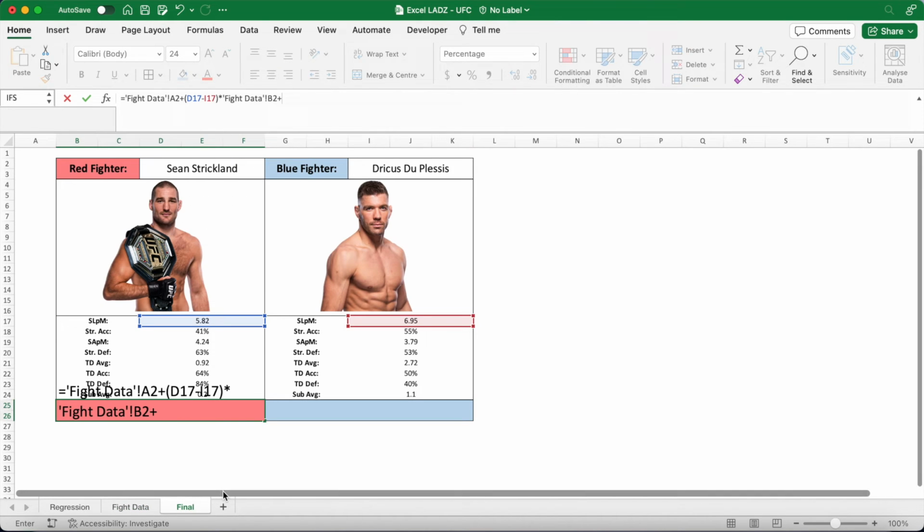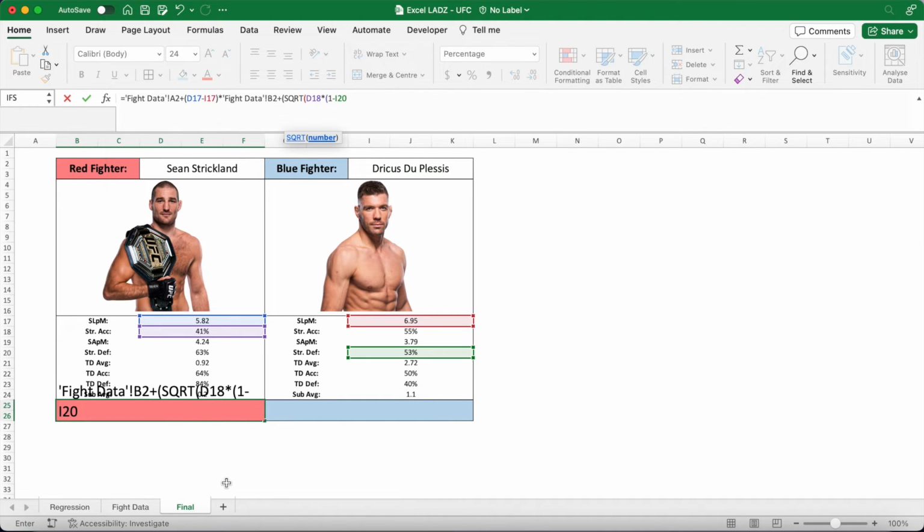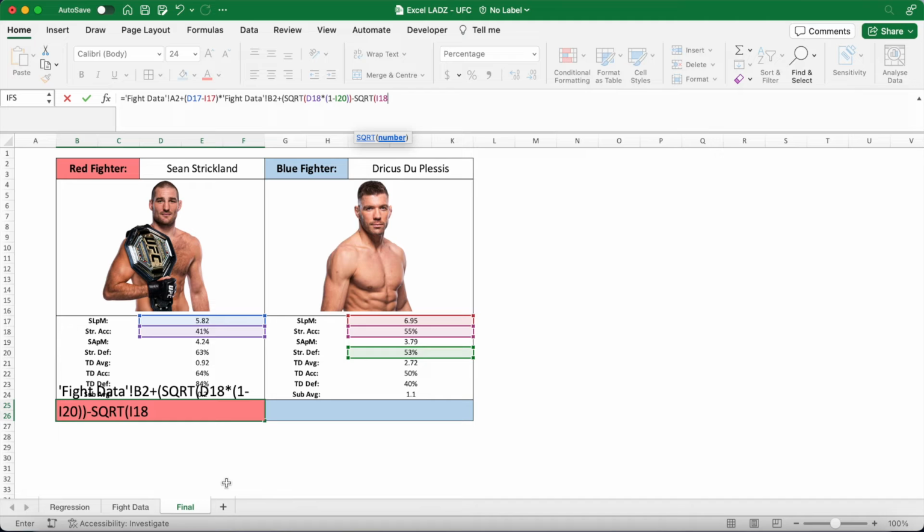So we're going to add the square root of D18 multiplied by 1 minus I20, which is Duplessis or the blue fighter's strike defense rate. So I20, and then I'm going to close the bracket twice before subtracting this by the blue fighter's stat, which is the square root of open bracket I18, Duplessis' strike accuracy, multiplied by 1 minus Strickland's strike defense rate in D20. So close the bracket 3 times there to close out the input, and then every time we put in